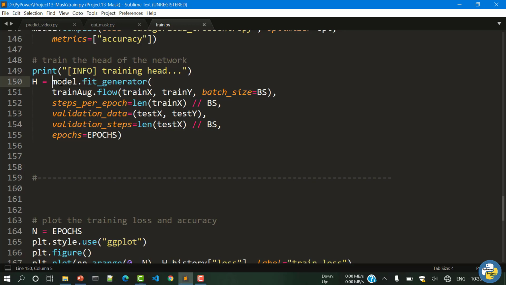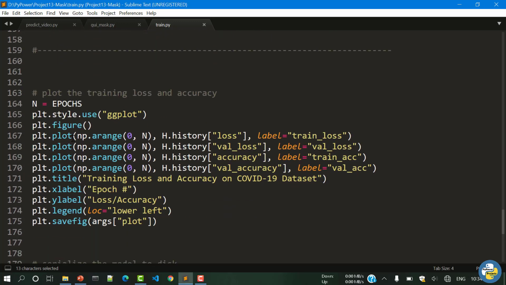Now by this method, model.fitGenerator, I repeat, model.fitGenerator, this is the method which will actually train the model. What we have seen above is required for reaching this method, and after that we have all the required data for inputting in this method. First the augmented data is given, then steps per epoch, validation data, validation steps, and number of epochs. These 5 arguments are given in this method, and finally when this command executes, it will train our model based on the number of epochs which we have given.